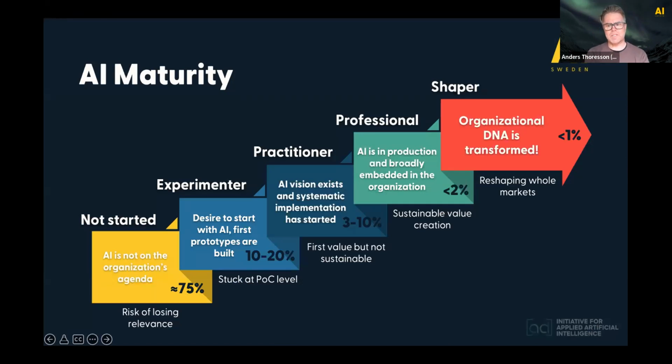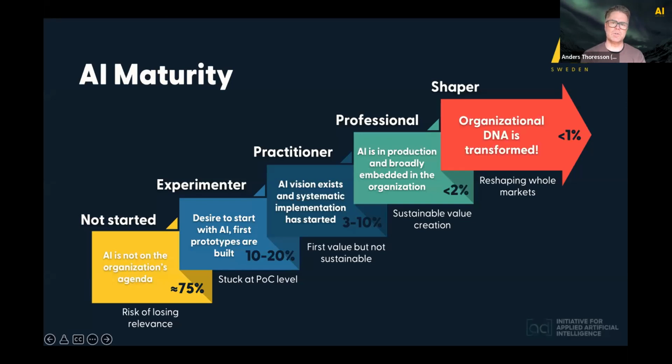When we talk about AI maturity, and with "we" I mean AI Sweden, but also Applied AI, this is what we mean. This is a 5-step staircase where you get more and more mature the higher up the stair you climb. And you start as a non-starter organization that hasn't done any work at all with AI. But once you do, you take the step up to the next step, which is the experimenter phase,